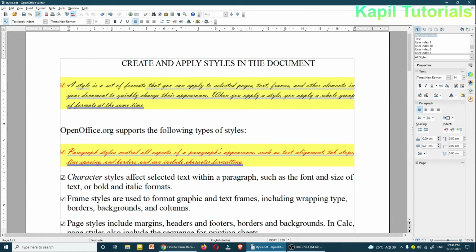Okay, so I hope you have learned how to apply your own style, how to create your own style, and you could make it out that I have applied a set of different formats in a single style, because in the style which I have created just now, I have applied a different font, I even changed the background color, and even I have given the underline of blue color. So that is the advantage of using style.